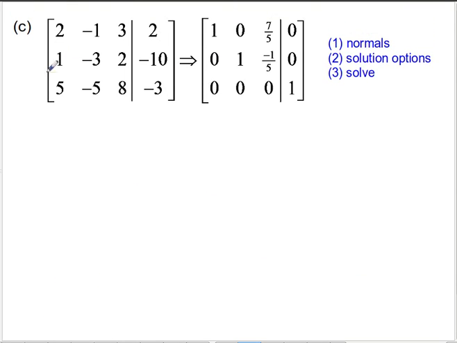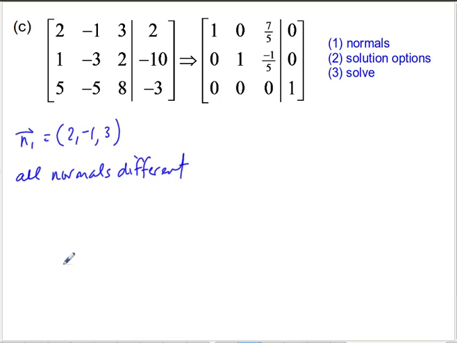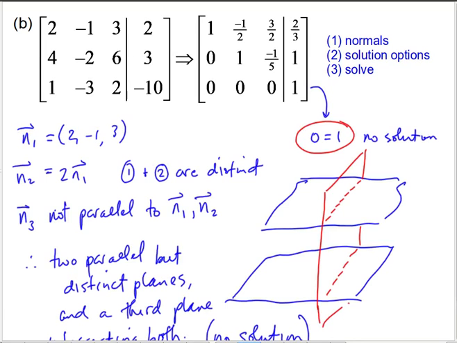Okay, taking a look at our normals here. Normal 1 is equal to (2, -1, 3). And a quick look shows me none of these normals are collinear, so all normals are different. Now when all your normals are different, that actually severely limits your possibilities. Just to go back and take a look at our diagrams,